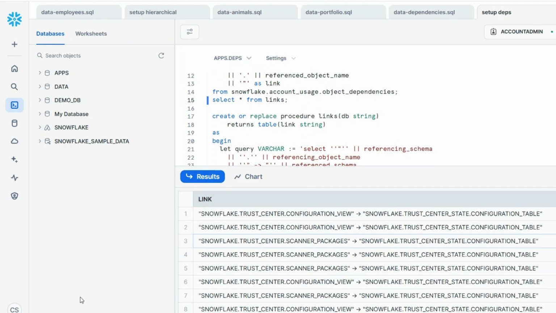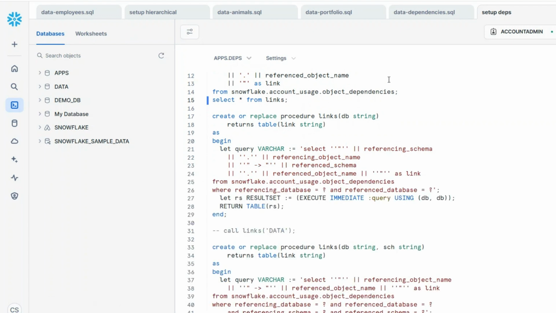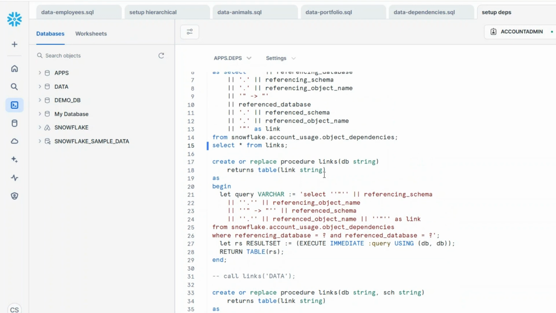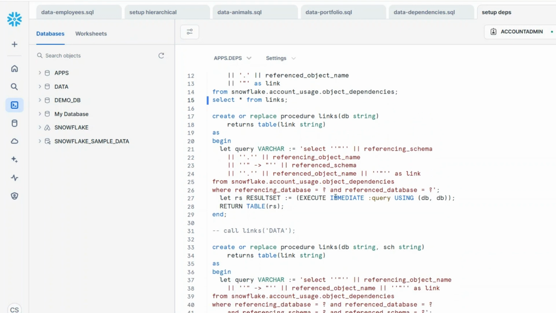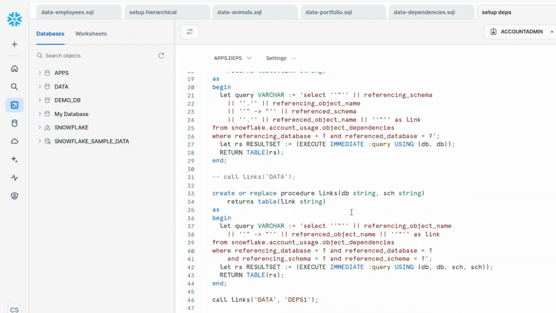But what I'll do next, as you can see here, I will create two stored procedures where I encapsulate basically variations of this view that I have here. I will basically filter everything by either one database, if I want to look at the database level, or by a database and a schema.